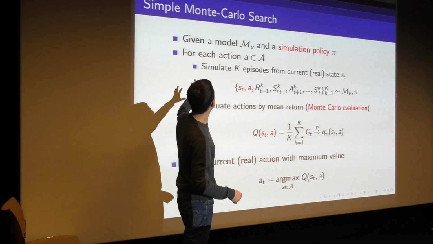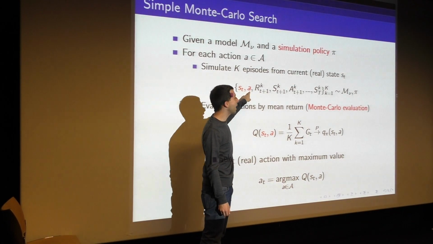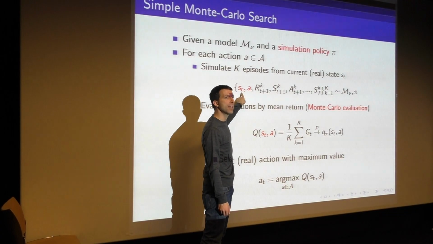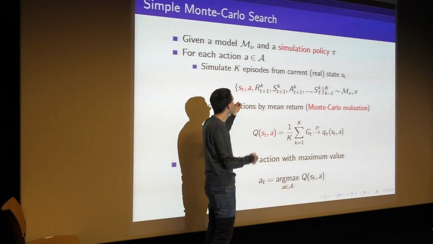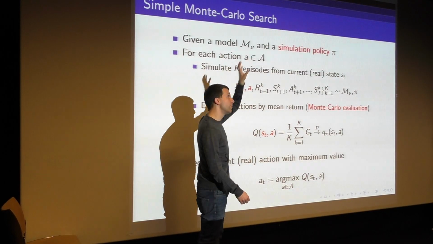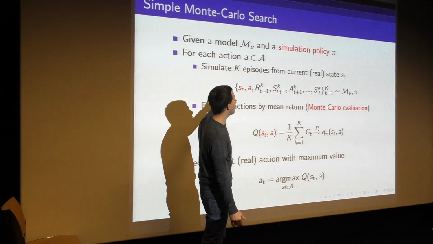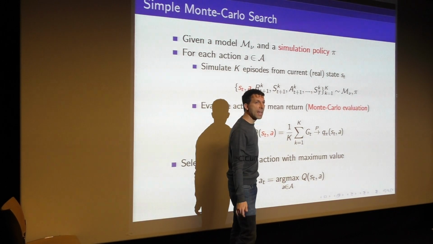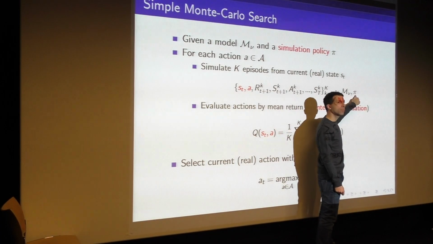And now what we're going to do is consider, from our root state, all the actions we could take from that root state. So we just consider the root of this tree. Say I could take action, I could go left or I could go right. I could move my hand here or I could move my hand here. And for each one, I'm going to generate big K episodes by sampling from our model and from the simulation